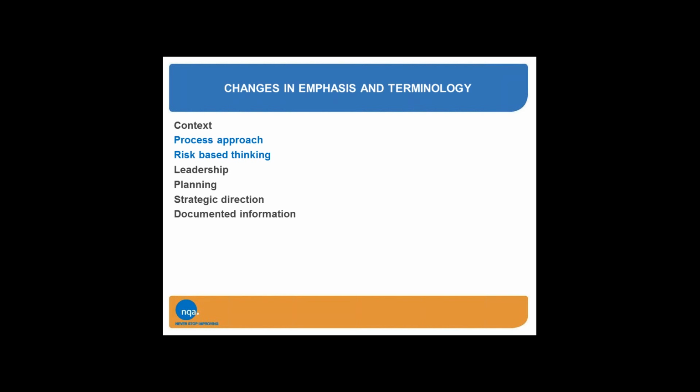These are elements of new terminology, new concepts, if you like, that are coming in. The black text is lifted directly from Annex SL. The blue text relates more to 9001. And then organizational knowledge and externally provided products and services. These are really very much 9001